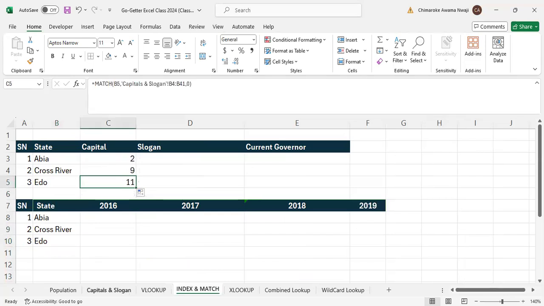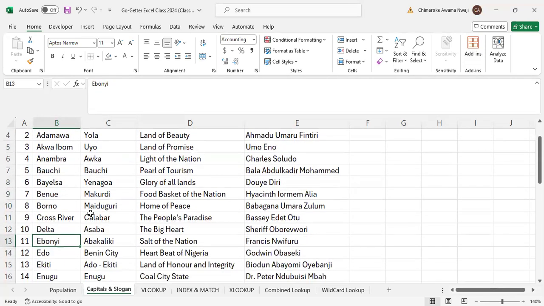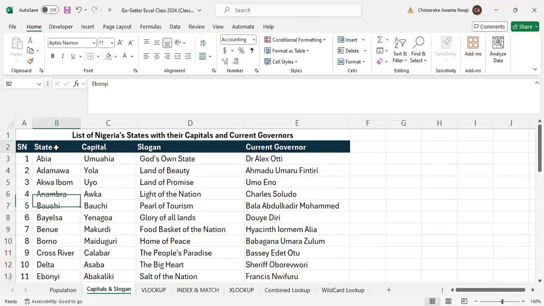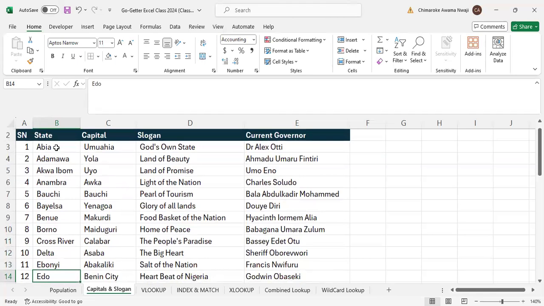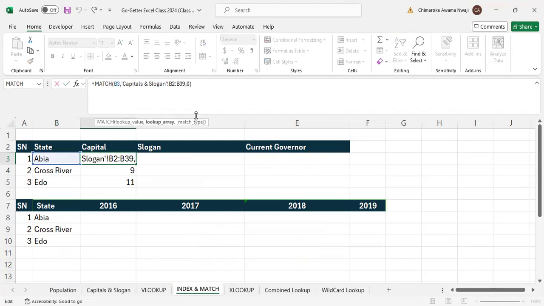So Edo here is showing 11, which is wrong. Okay, let's count: 1, 2, 3, 4, 5, 6, 7, 8, 9, 10, 11, 12, 13. So there is something wrong here because in this case, I didn't fix all of this. So if I were to fix this to be